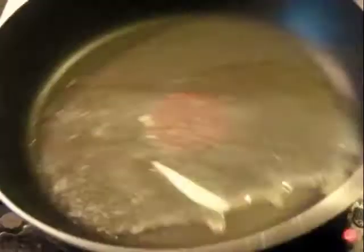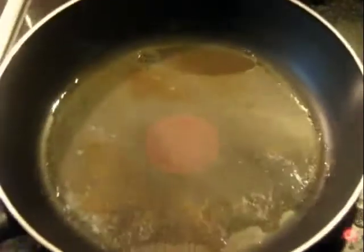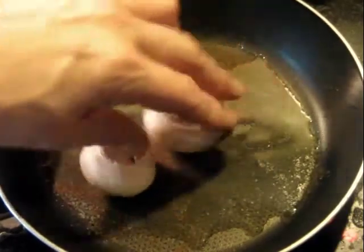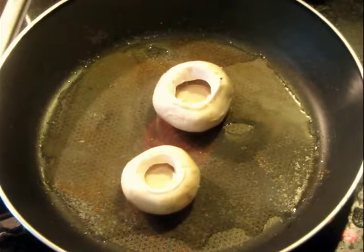You got a pan that's warming up. It's got a little bit of butter in it. I'm going to add a little sprinkle of paprika to it. And then I'm going to put the mushrooms in, cap side down. And the pan is on a heat of 5 out of 1 to 10, so I'm going to cook them